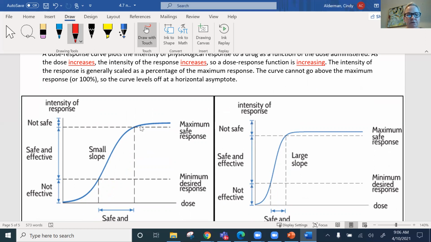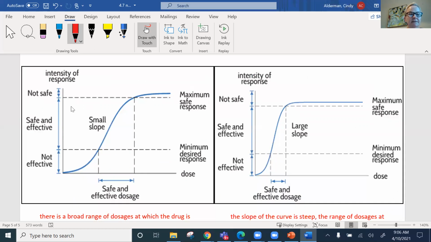Here's a logistical graph here, right? And what happens is that a drug is safe and effective in this range, in this sort of dose, like levels of dose. So say this is like 0 milligrams and this is like 18 milligrams. So in the doses between say like 5 and 12 milligrams of this drug, it's safe and effective, right? And notice this is a smaller slope than